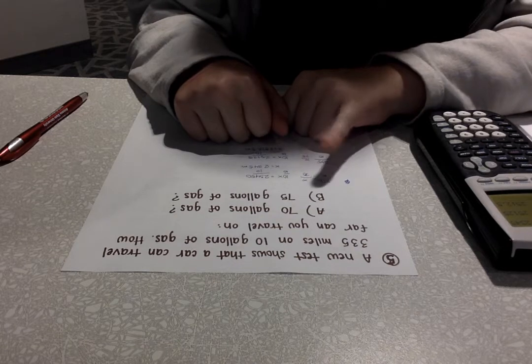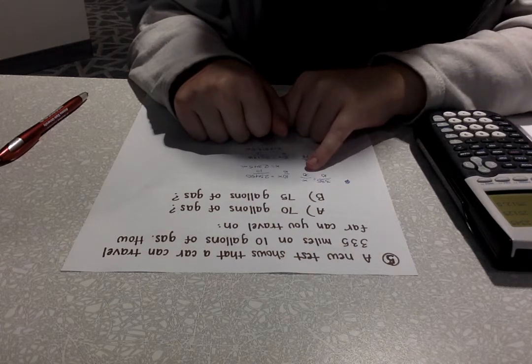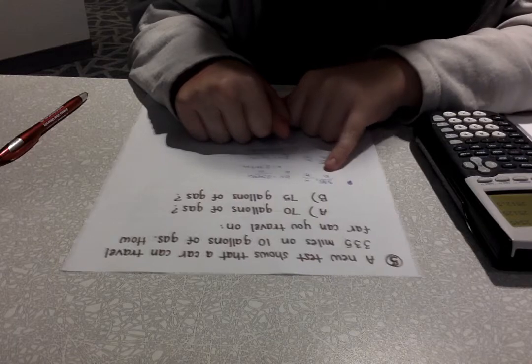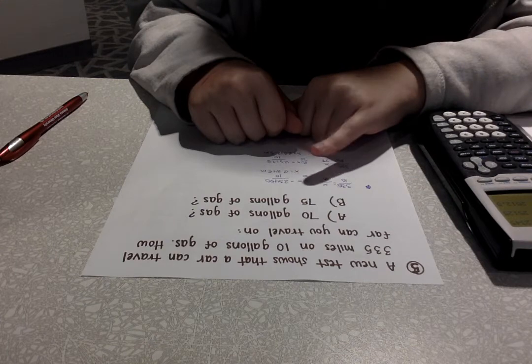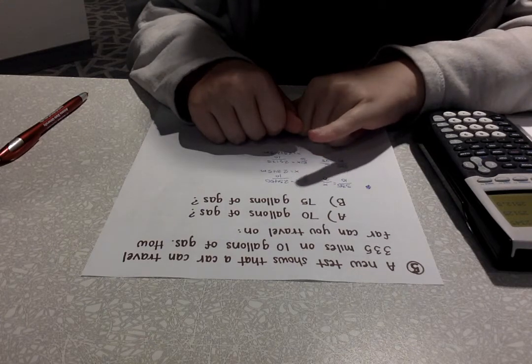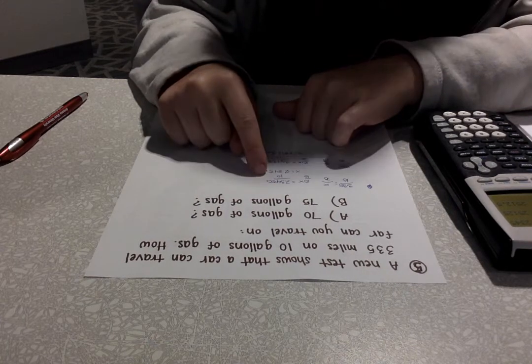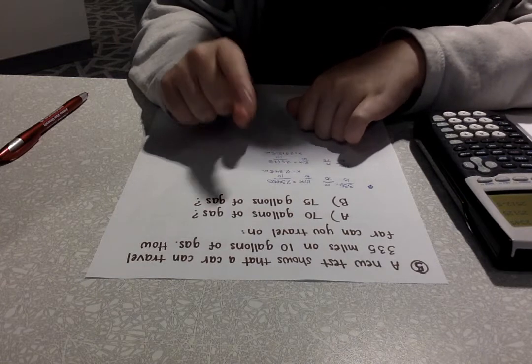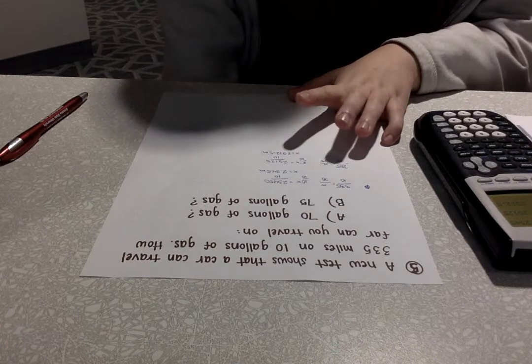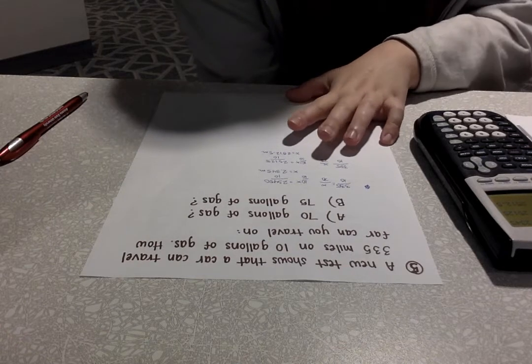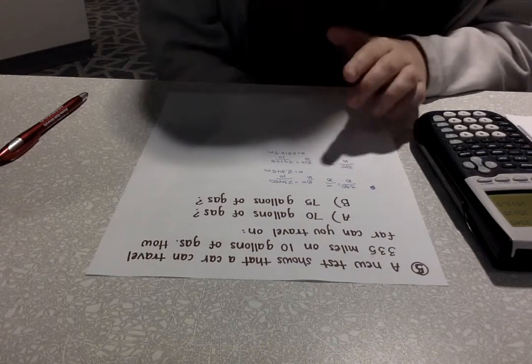So I cross-multiplied the 335 by the 70 and the x by the 10, and got 10x equals 23,450. Then I divided that by 10 and got 2,345 miles. And then I did the same thing with B, but with 75 gallons instead of the 70, and I got